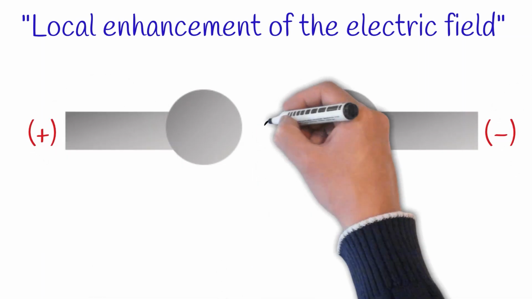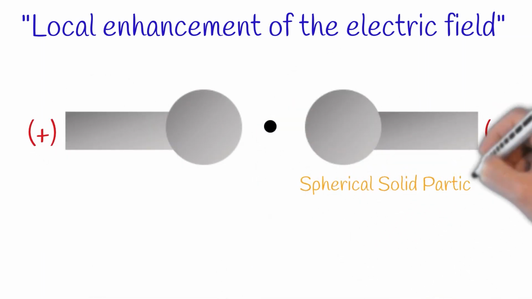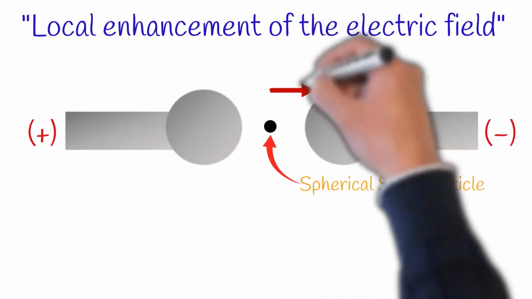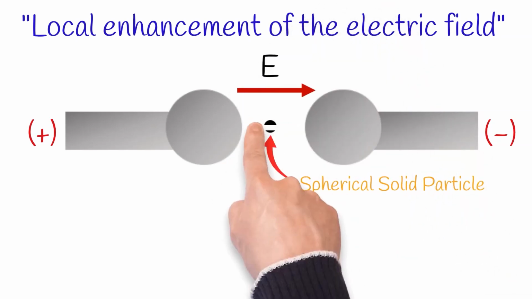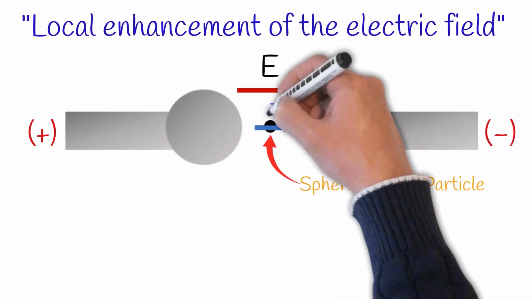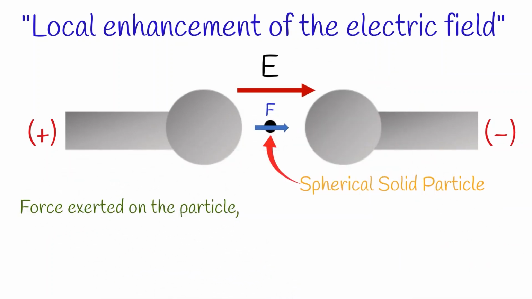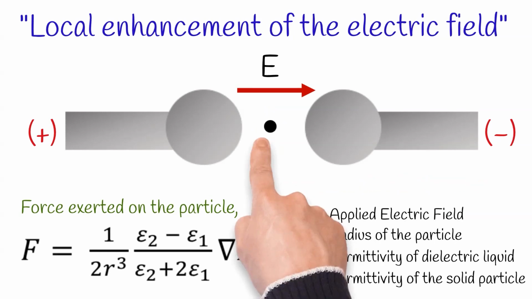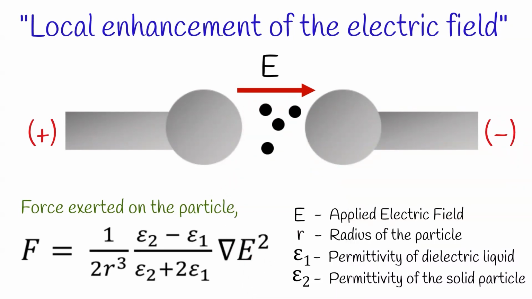Here I am going to consider a spherical solid particle appearing in between the electrodes. As a result of the externally applied electric field, there will be a force exerted on this particle, and it is given in this formula. Similarly, there can be many particles with forces exerted on them, and those forces will move the particles towards the region of strong field. Eventually, these particles will line up in the direction of the field, forming a stable chain